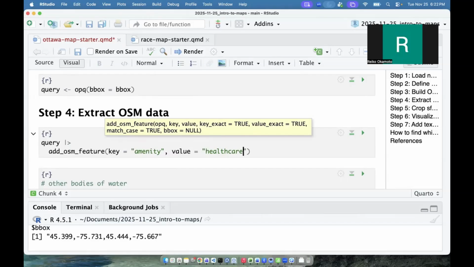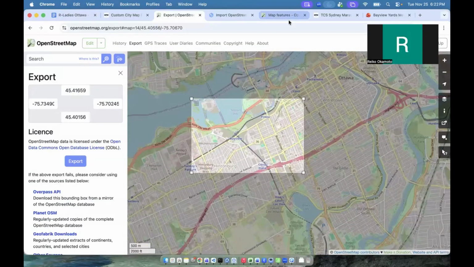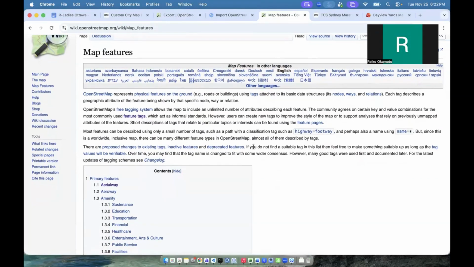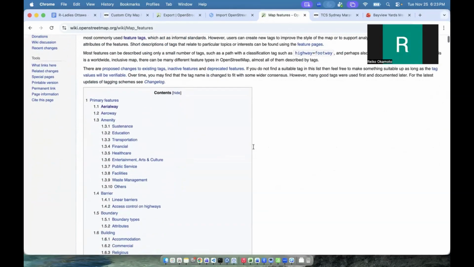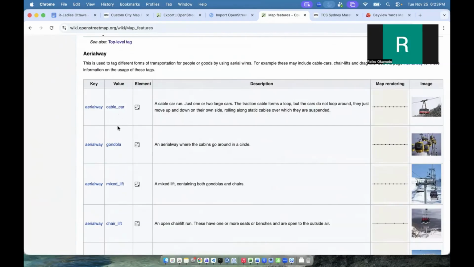Like, how am I supposed to know which keys and values to use? If you are asking that question, that's a good question because I wondered that too. And it turns out, if you Google OpenStreetMap key value dictionary or map features, it should take you to this wiki page. Basically, it has all of the key value pairs that exist in OSM data listed for you,